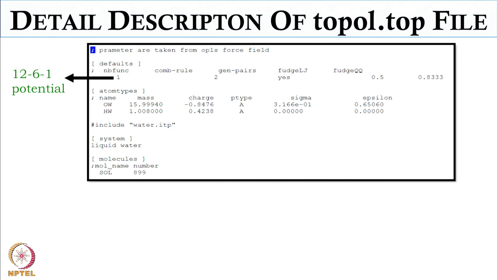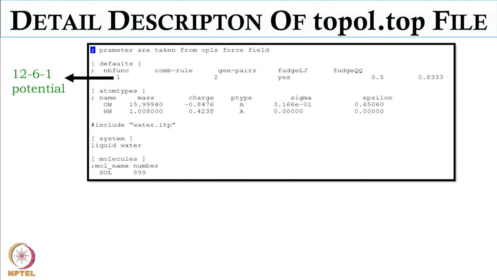So maybe when we show them the GROMACS installation, we will show how to create a top file. Yes, we can show them not only from the data that is already there, but also we can create our own. We can create for ethanol or methanol or some complicated molecule as well.